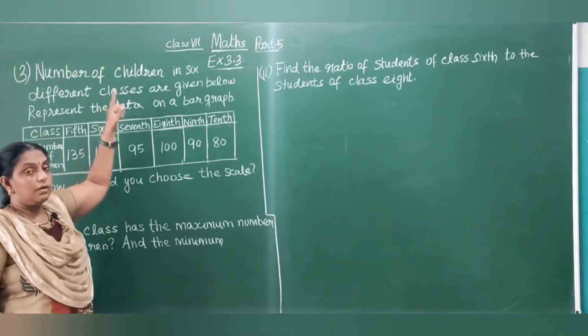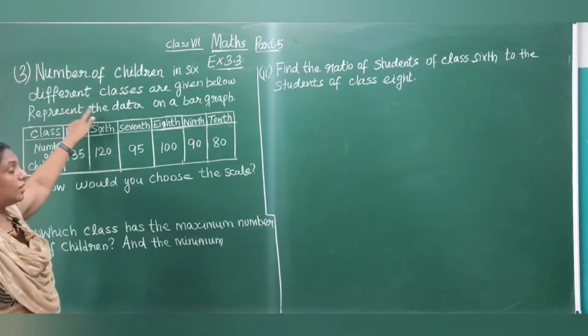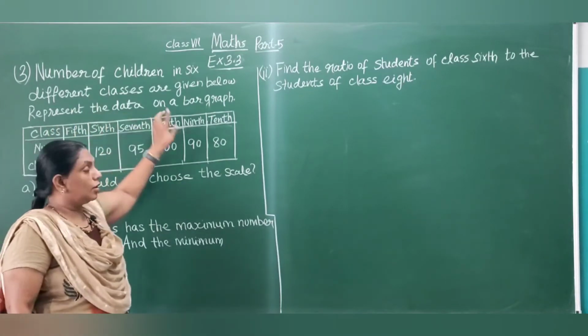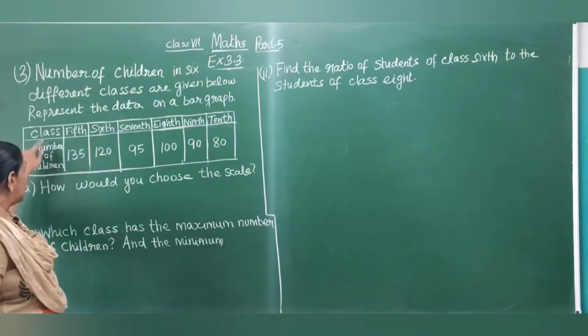Number of children in 6 different classes are given below. Represent the data on a bar graph. Now the class from